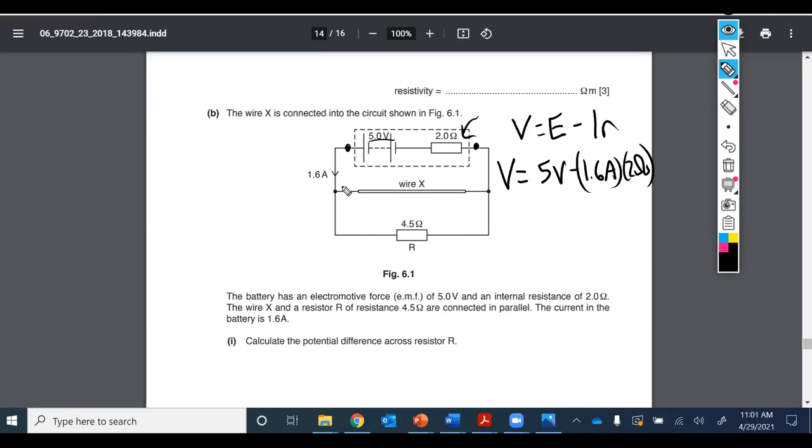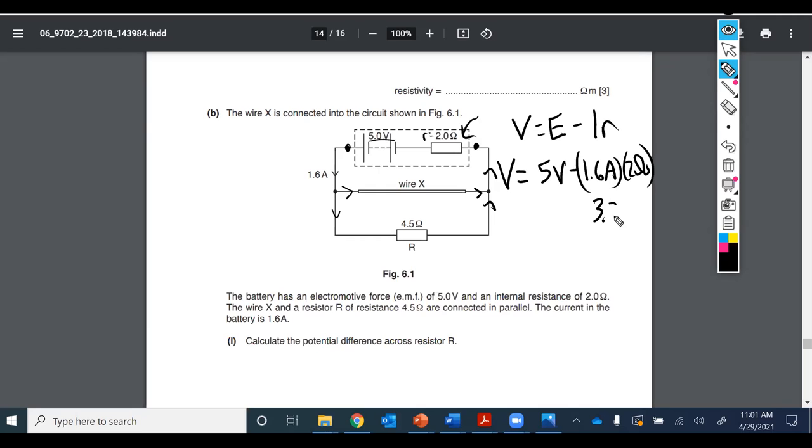And so here the currents diverge. Some goes this way, some goes this way, but they all meet back up over here, right? They have to go out this way. And so we have all 1.6 amps of current going back through the battery, being driven through the battery with an internal resistance lowercase r equal to 2 ohms. And therefore we're going to lose 2 times 1.6